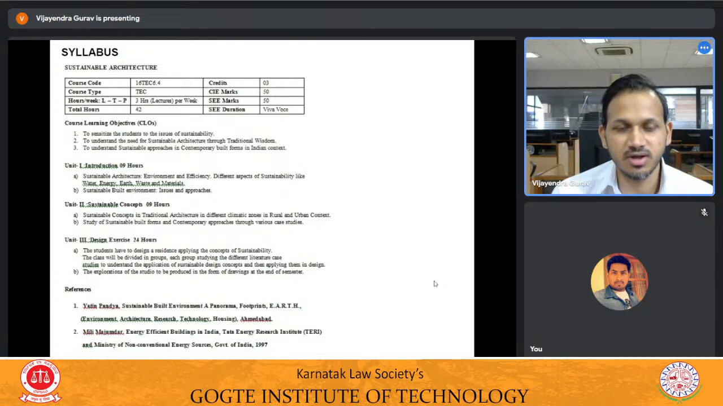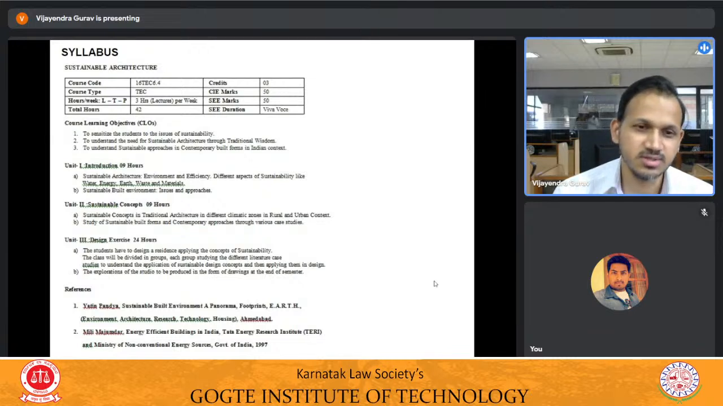in sustainable architecture? That also you're going to understand, based on the earlier methods of rural and urban context. So according to these two introductions and the sustainable concepts of 18 hours, based on this, you are going to